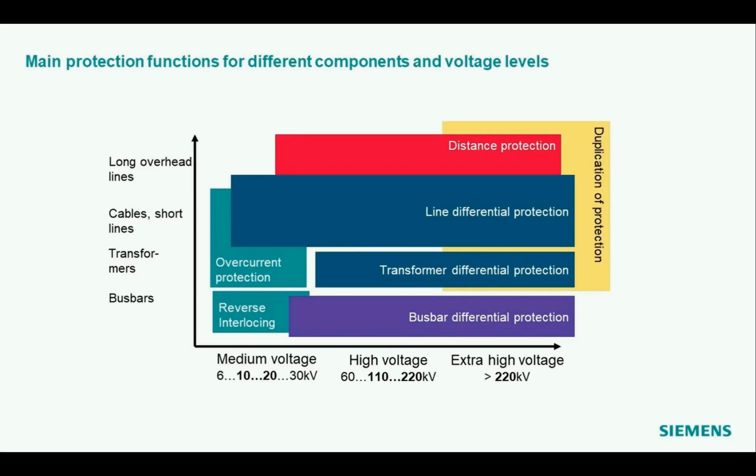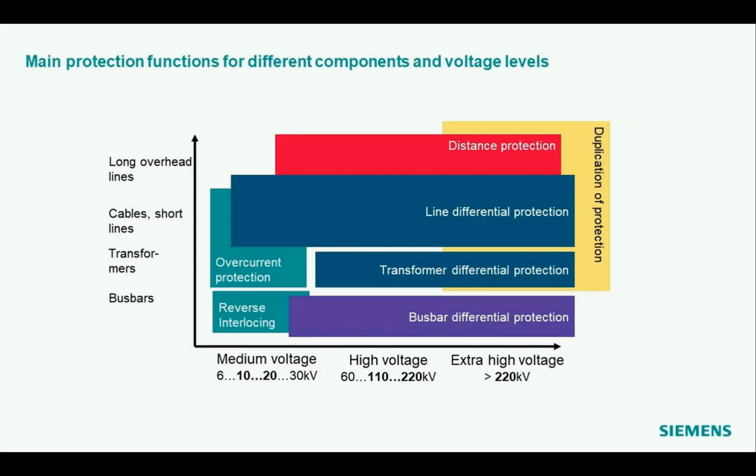So let's start from the top, from the long overhead lines. You won't normally find them in medium voltage, so you find them in high and extra high voltage application. And in this area, the distance protection is in many cases the main application. You can say nearly on all high or extra high voltage overhead line in the world you find a distance relay. But there is also some overlap with line differential protection, especially if you come one level down to the cables and short lines. You find more line differential protection, or you find both,